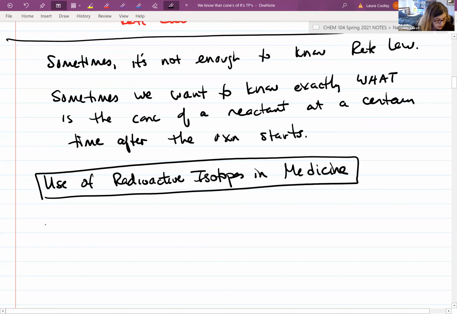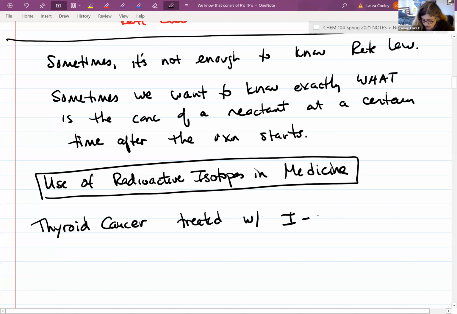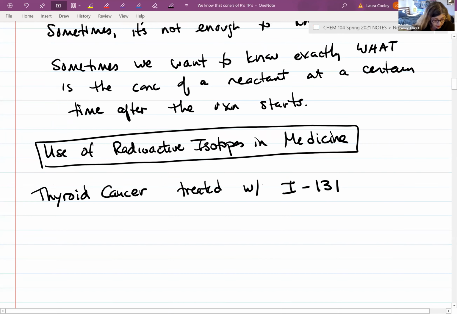For example, when a patient has thyroid cancer, they're treated with a radioactive isotope of iodine, which is called iodine-131. I think normally iodine is 127 or 128. Anyway, so it has a few extra neutrons. This iodine-131,